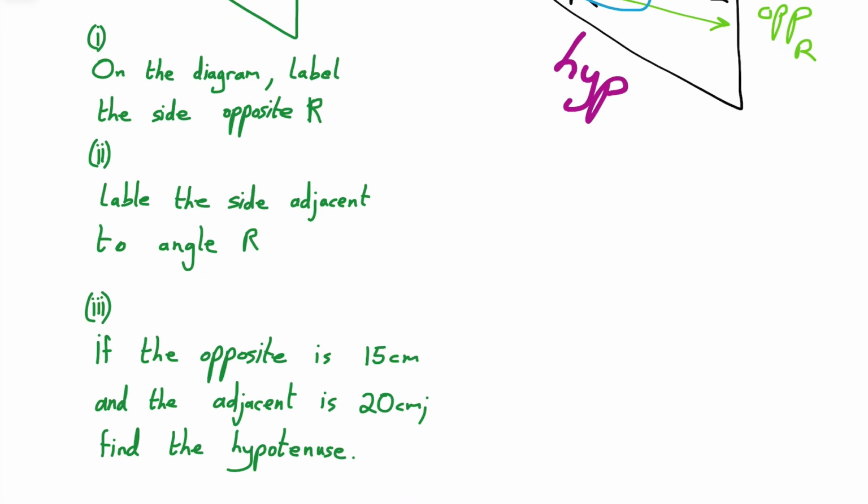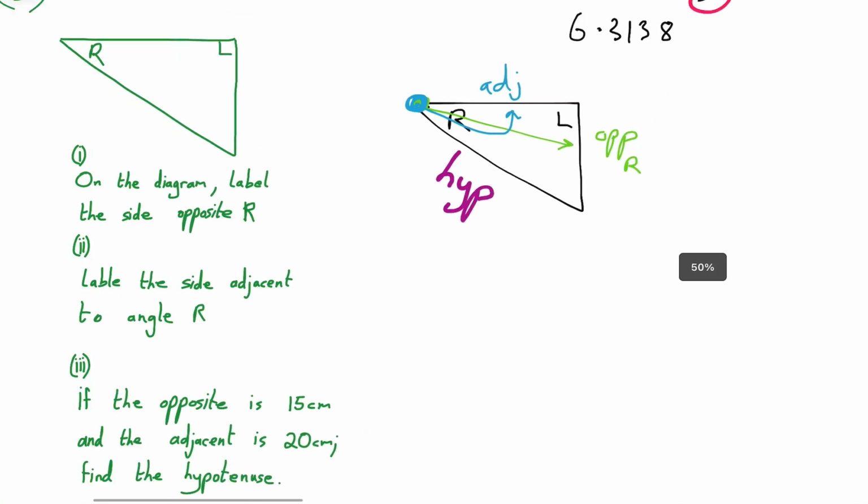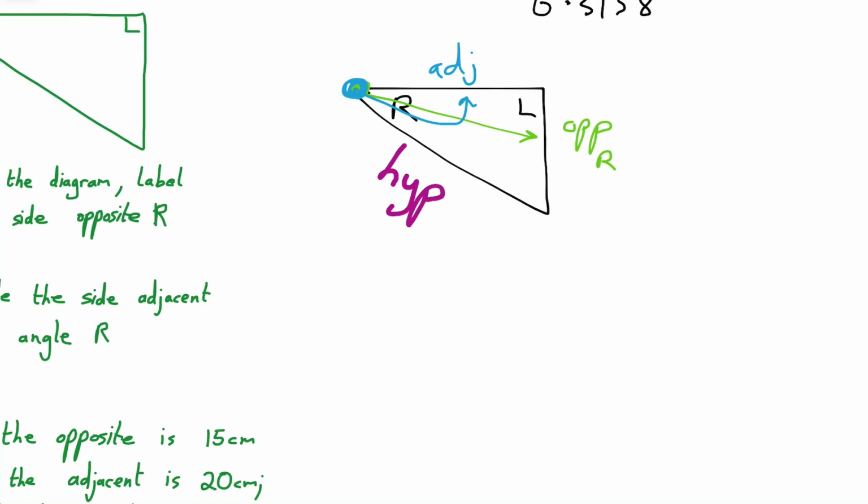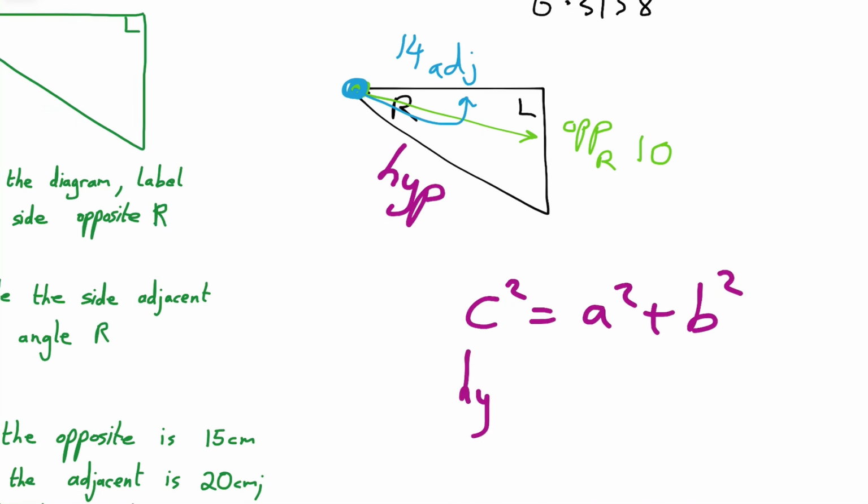So it says if the opposite is 15 and the adjacent is 20, find the hypotenuse. So we'll make up some numbers here. If the opposite was 10 and the adjacent was, let's say, 14, let's find my hypotenuse. Well, I'm going to use Pythagoras' theorem again. So c squared is equal to a squared plus b squared. And of course, my c is my hypotenuse here. It doesn't really matter which is a and which is b. I'm just going to label this one a and this one b. So it's going to be 10 squared